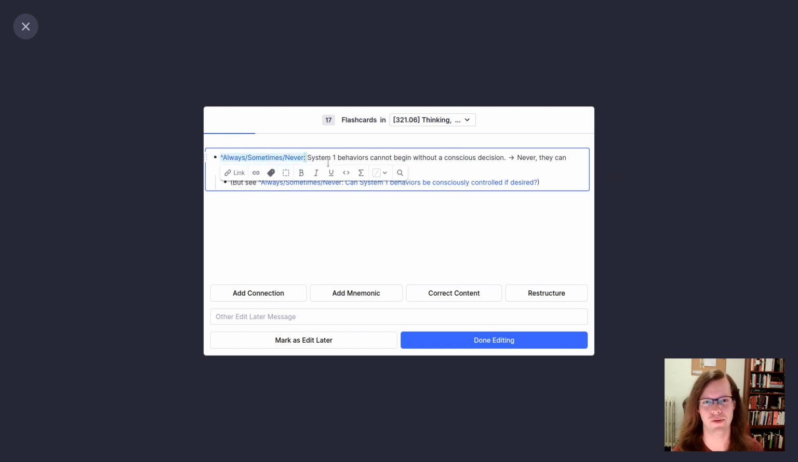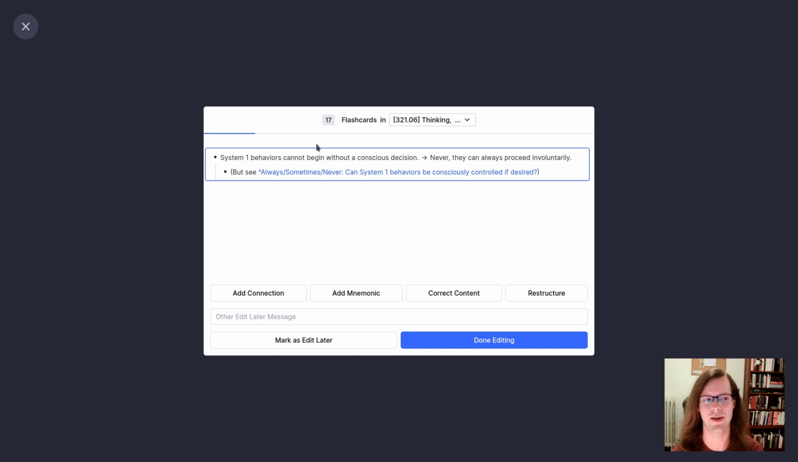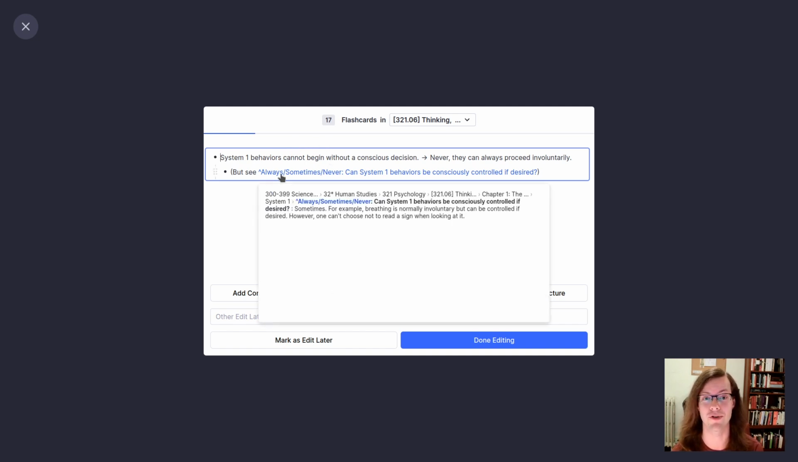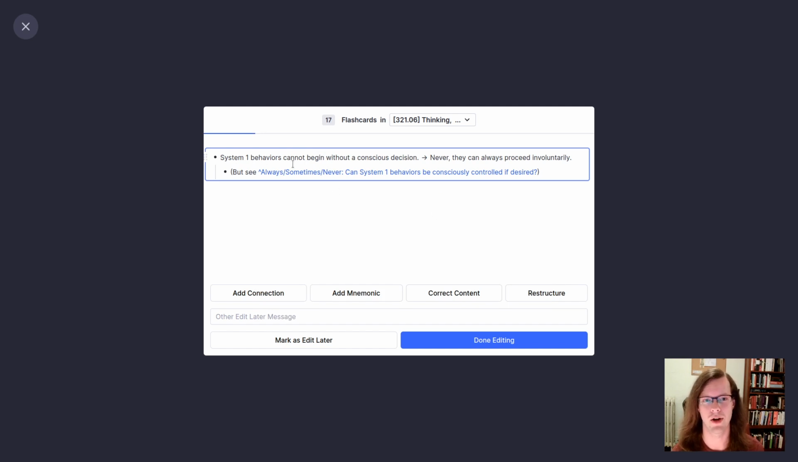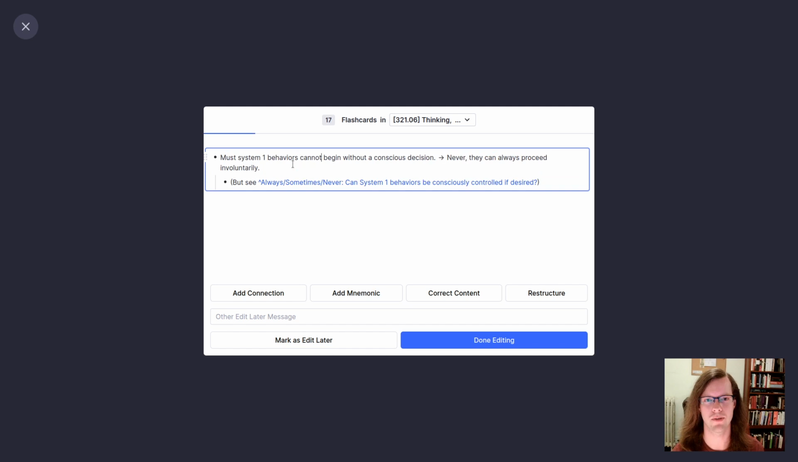Maybe this is a poor fit for always, sometimes, never. So even though I don't generally like yes, no, it's clear that the attempt to improve it by turning it into always, sometimes, never just confused matters and made the card worse. So must system 1, 2 behaviors